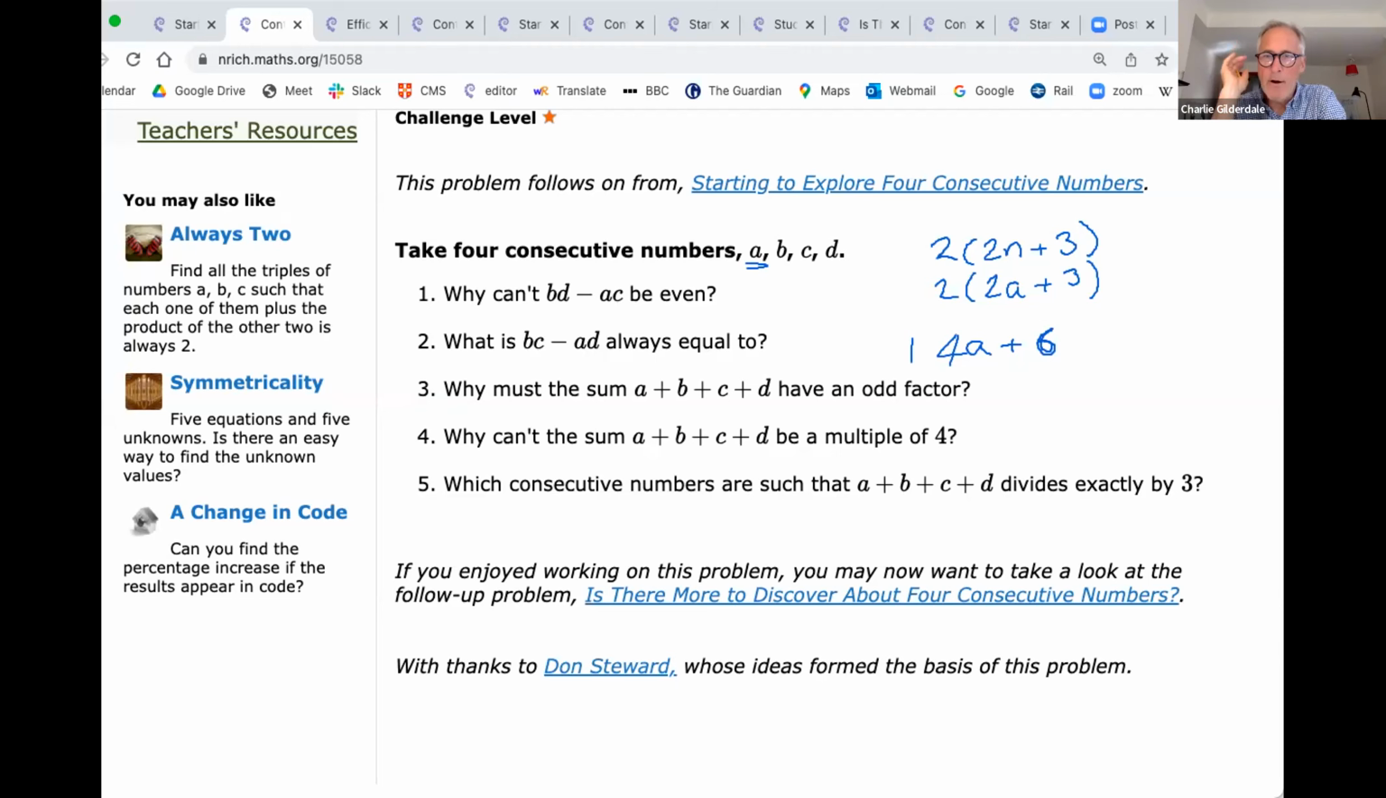Okay, so I agree with Ambika's point. If the sum is a multiple of 3, then it is going to be divisible by 3. So our question is, can you find some examples of 4 consecutive numbers that are divisible by 3? So will 1 plus 2 plus 3 plus 4 be divisible by 3? Will 2 plus 3 plus 4 plus 5 be divisible by 3? Will 3 plus 4 plus 5 plus 6 be divisible by 3? Will 74 plus 75 plus 76 plus 77? How do we know which